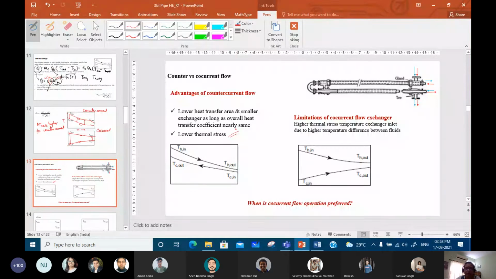See, more than that, what is important is that if you observe, there's a very high temperature difference at the beginning. Suppose my cold fluid is a fluid with a very high viscosity. Okay, so then what happens? If suppose my cold fluid has a very high viscosity, can you tell me what are the problems that can happen during the operation? I give you a hint.